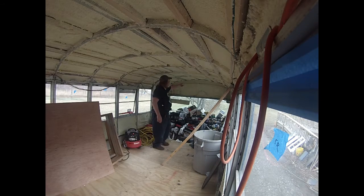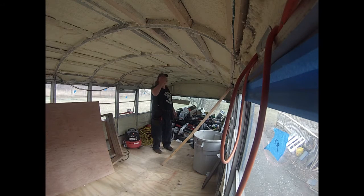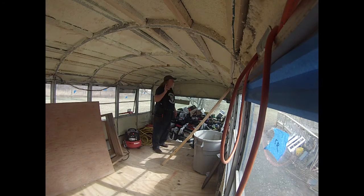Measured from the front of the bus out 4 feet, so it's going to be right here. It falls between these two ribs, which is why I spent all the time to put in all these other supports. And let's see, it's going to fall right onto this rib, which is good. I'm going to skip the first one